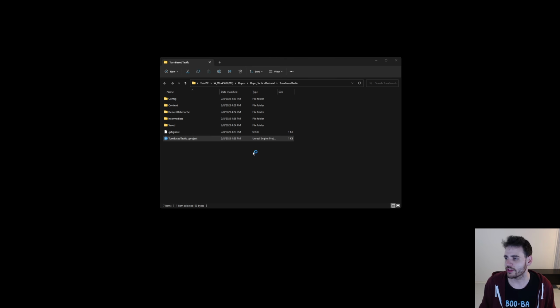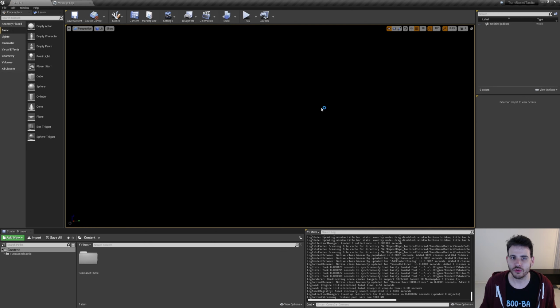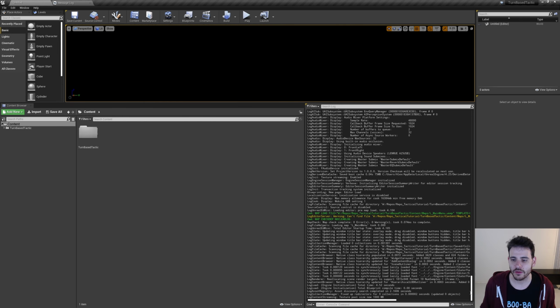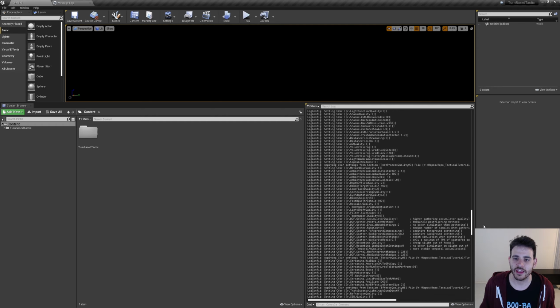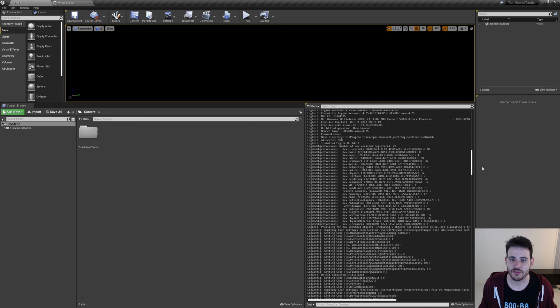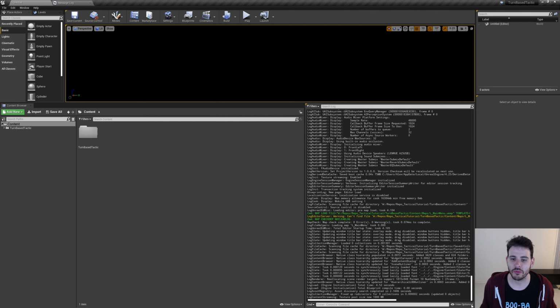So let's wait for Unreal to reopen. And now I'm just going to look at the log. I have my output log right here. I'm just going to check and make sure that I don't have any red lines in there, because if I do, it's probably because an asset wasn't linked properly, and that's not good. We have to fix it as soon as possible, otherwise it's going to cause more issues later. But in my case, since I don't have any red in there, I'm pretty sure that everything went properly, and now that's good. We can go to the next step, which is to actually move the art and maps folder